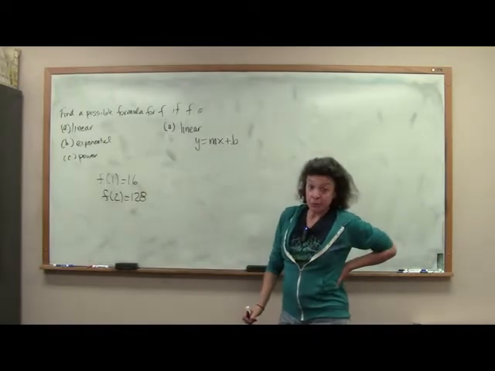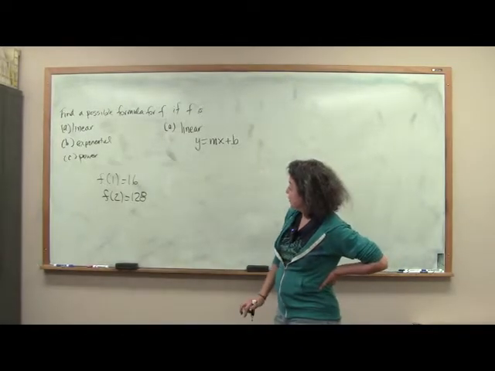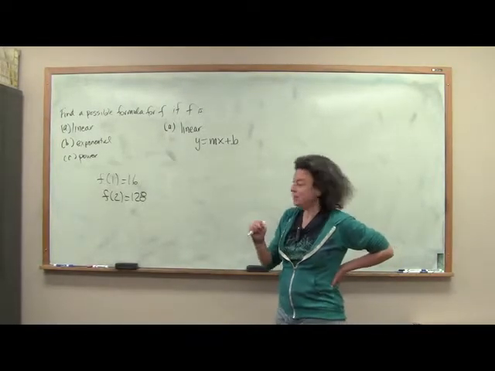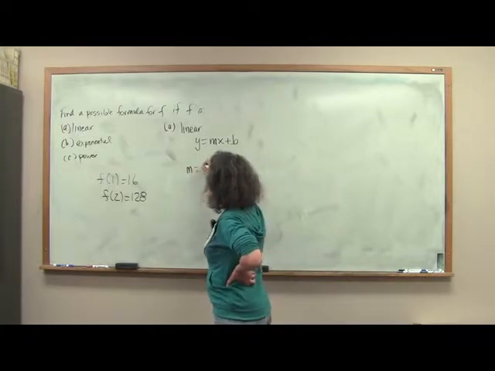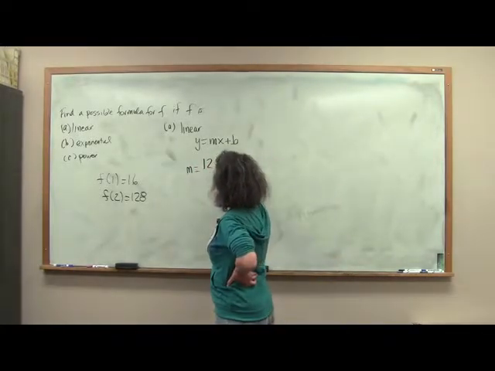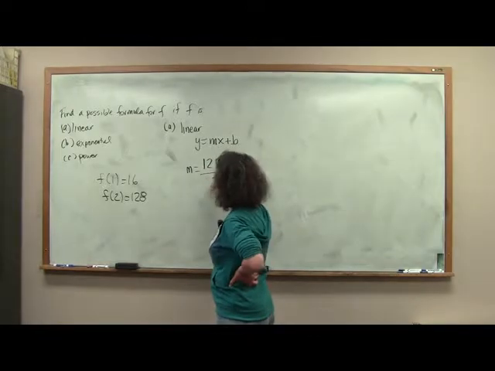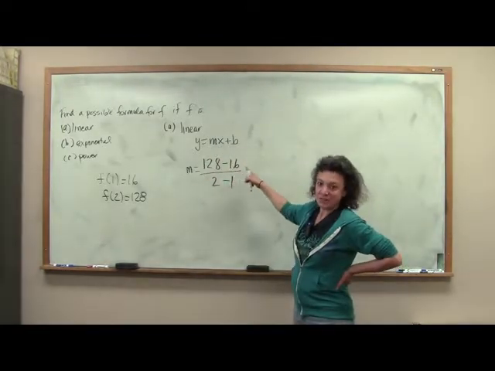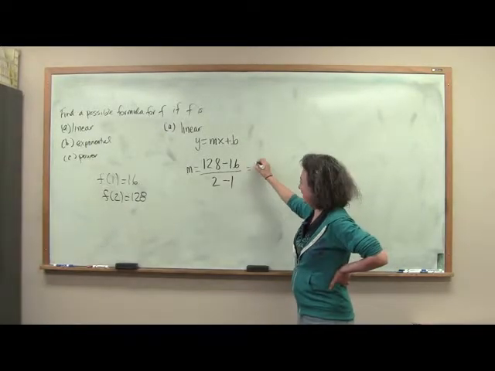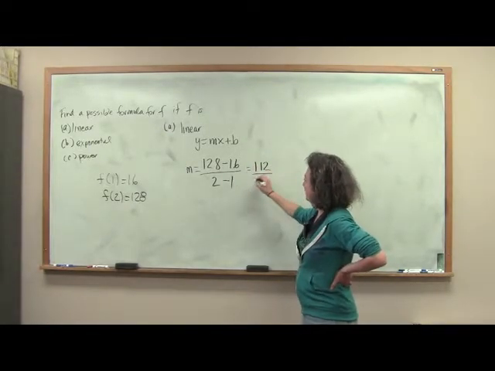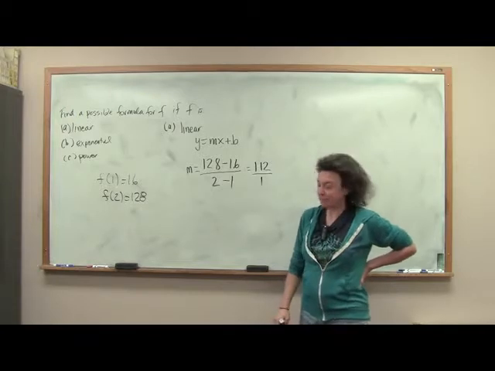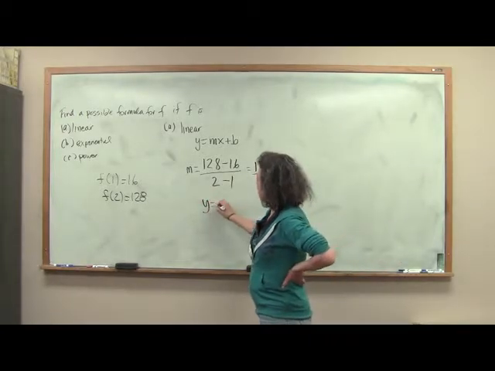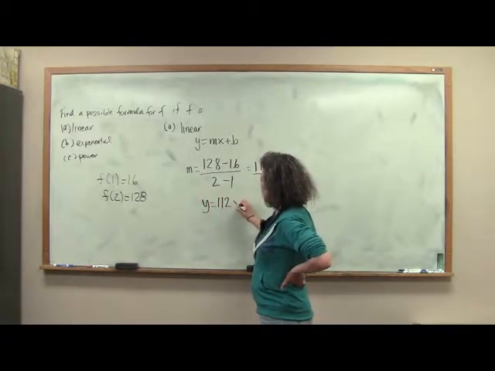b. In order to find the formula for this function, the first thing we need to do is find the slope. Well, the slope is the change in the y values over the change in the x values. What is 128 minus 16? 112, and 2 minus 1 is 1. So we already have y equals